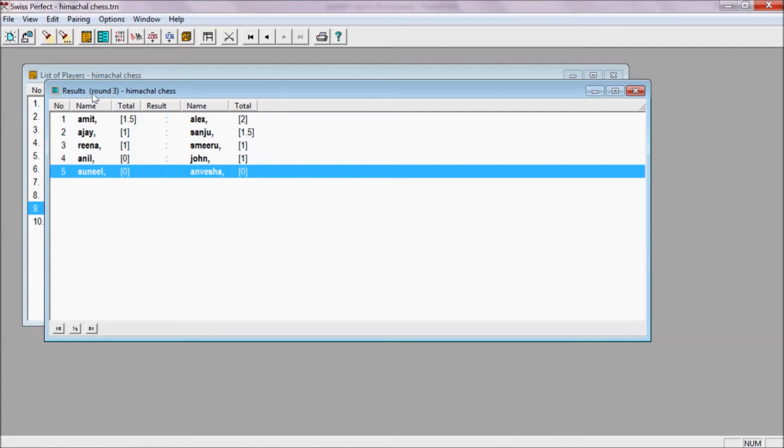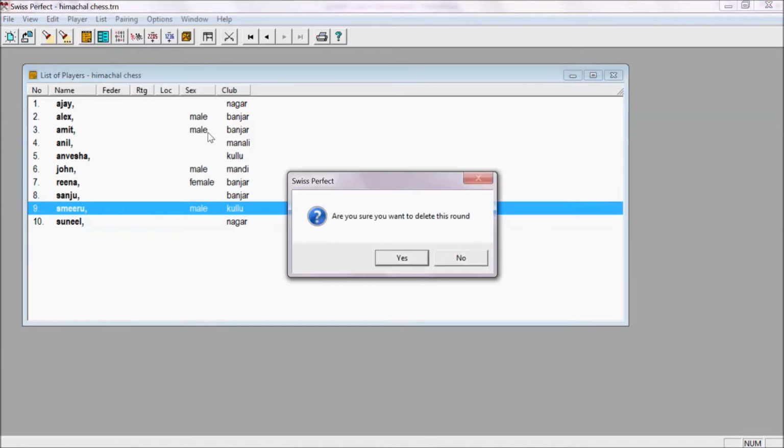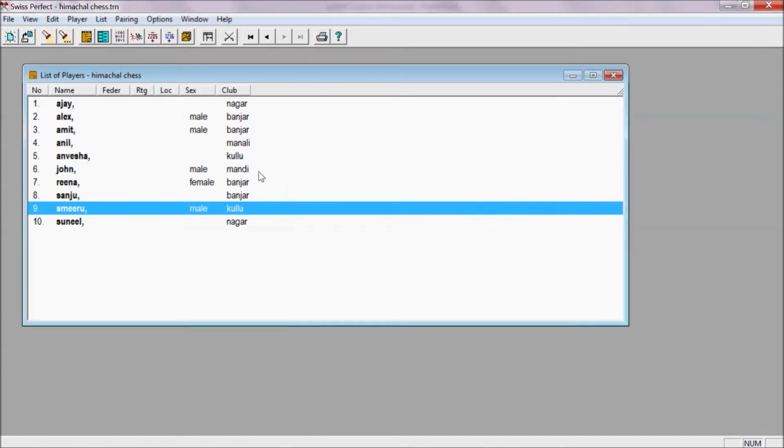For example, in round 2, if you entered the result wrong, you have an option: close this window, go to rounds, go to pairing and unpair. And after unpairing, you can go to the second round.